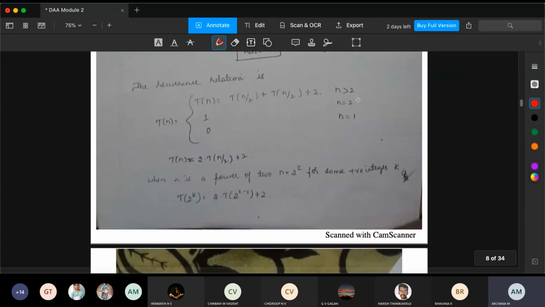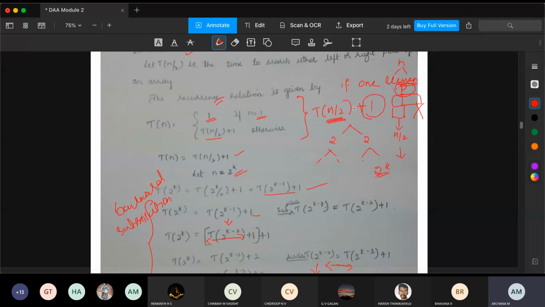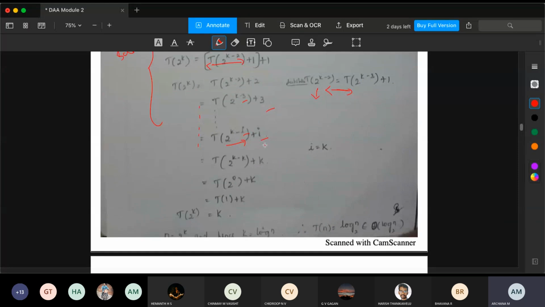If two items were there, only one comparison, only one time I need to compare. If only one item is there, no need to compare. And finally, if you have n number of items, this is the recurrence, and where you have to stop, that condition is here. When n is equal to 1, the condition is 1. You have to stop. You have to take that condition over here. So look here, substitute i as k, n minus k, 2 power 0, that is 1. So T of 1 is nothing but 1. Finally, I will get k. So this is theta, or you can even take it as worst case big O, both are same. Okay, k, and look here, what is the value of